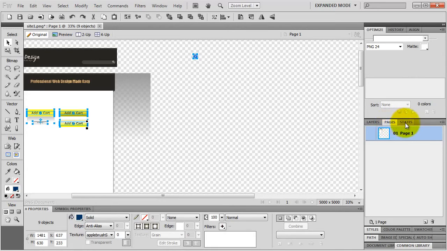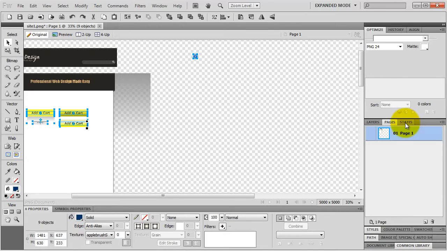states. States are part of creating animated images and interactive markups. You can create different states of an image and export it to animated GIF format, and it's great, but the best websites in the world don't have animated images at all. But you can also create rollover effects using the states, and I'm going to show you how to do that as well. But I'll show you that in Dreamweaver, not in Fireworks, because it's much better to do that in